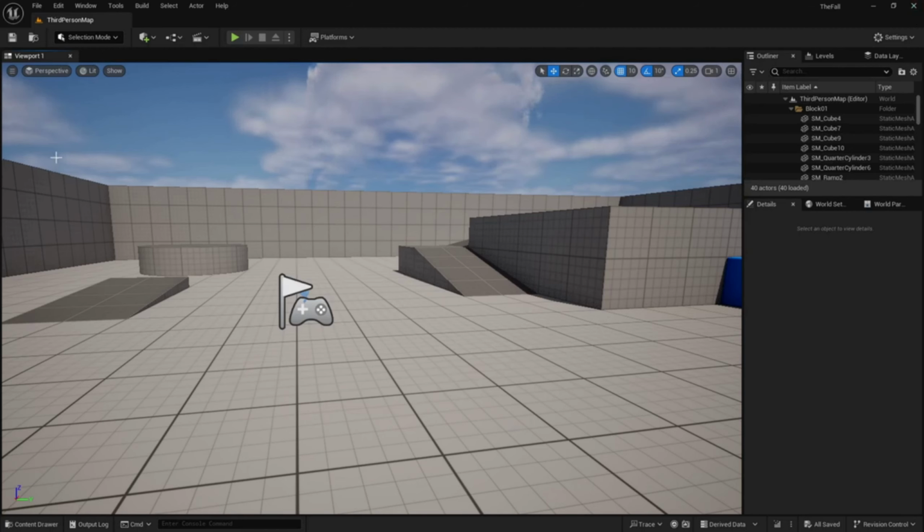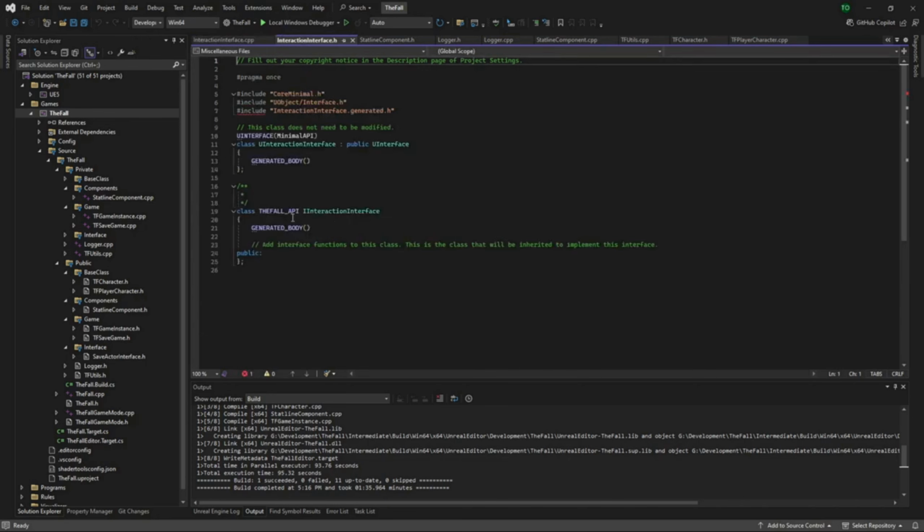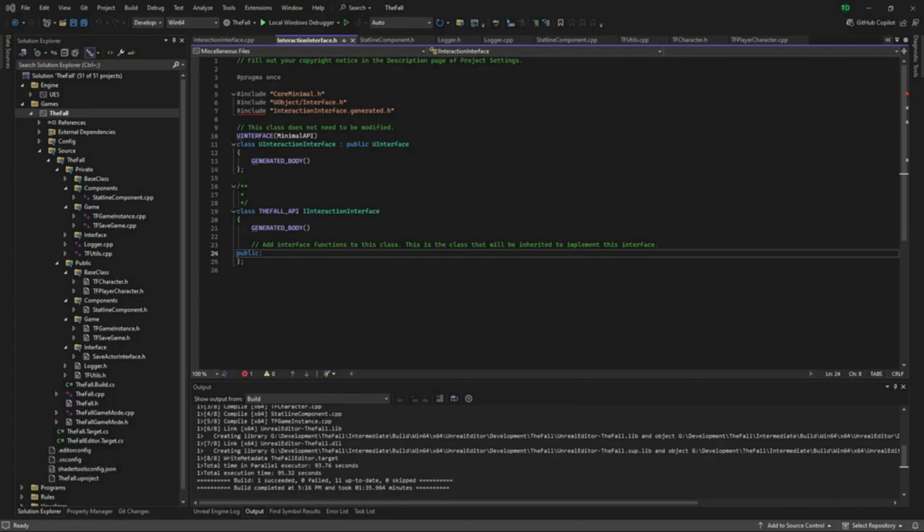So what we're going to do here, though, is we're just going to close out of the editor for now. And we're going to hop back over to Visual Studio. We're going to start off in our interaction interface. And this one is going to be fairly simple. We don't need to add a lot of functions here. We are going to add in, bear with me, and I found you can randomly have one of your monitors